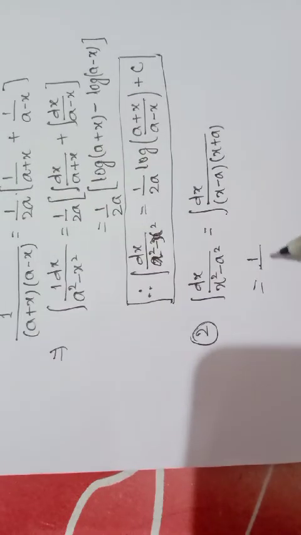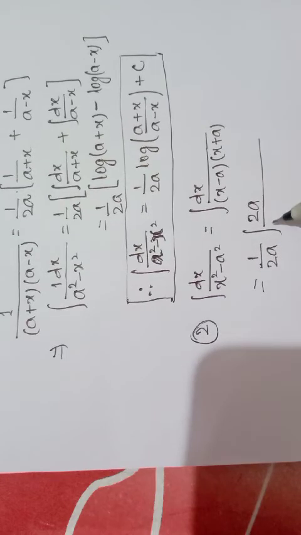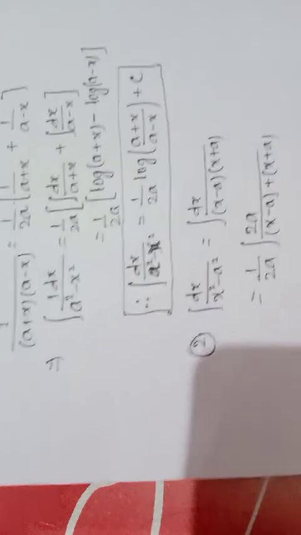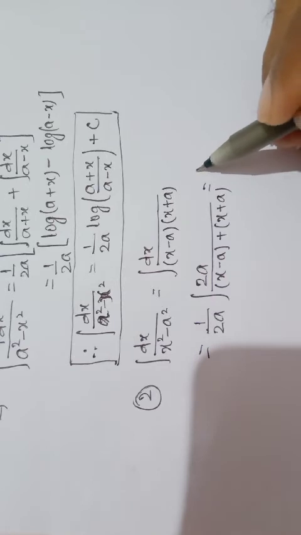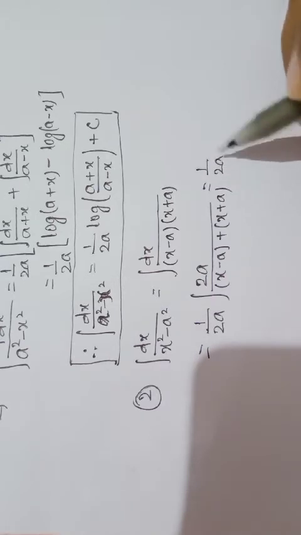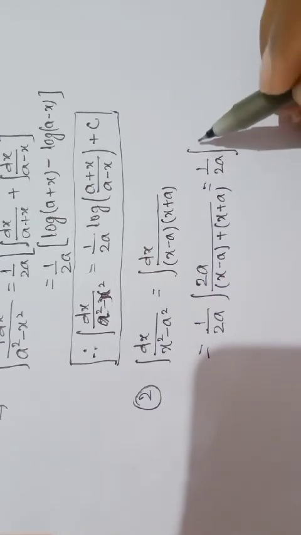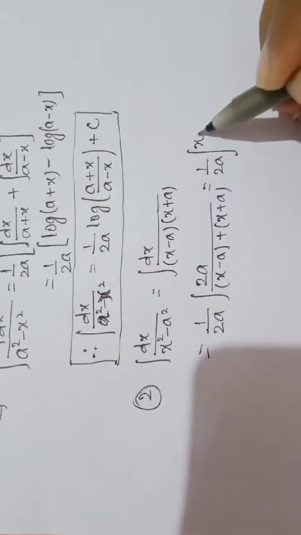In the first step, rationalized by 2a upon x minus a plus x plus a. Further it should be written in two integrals, like 1 upon 2a integration of x plus a